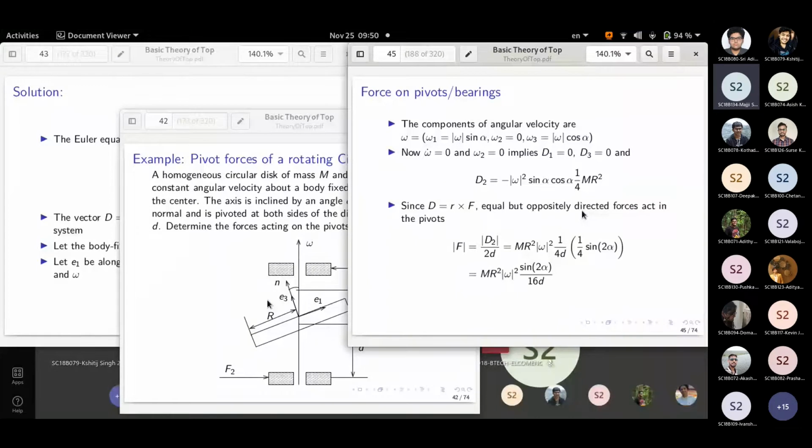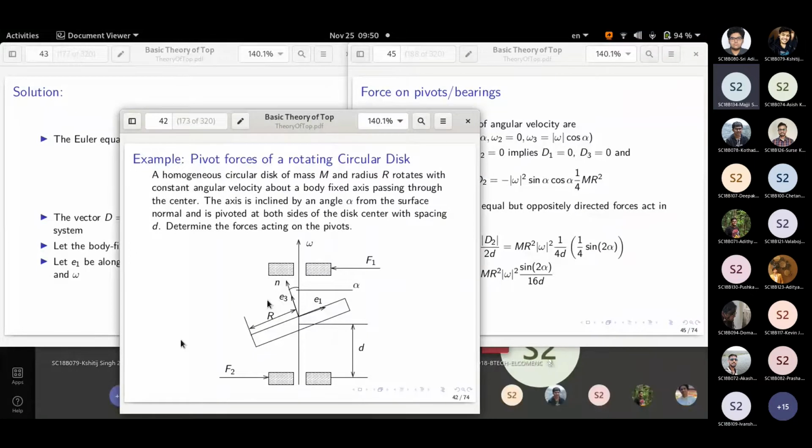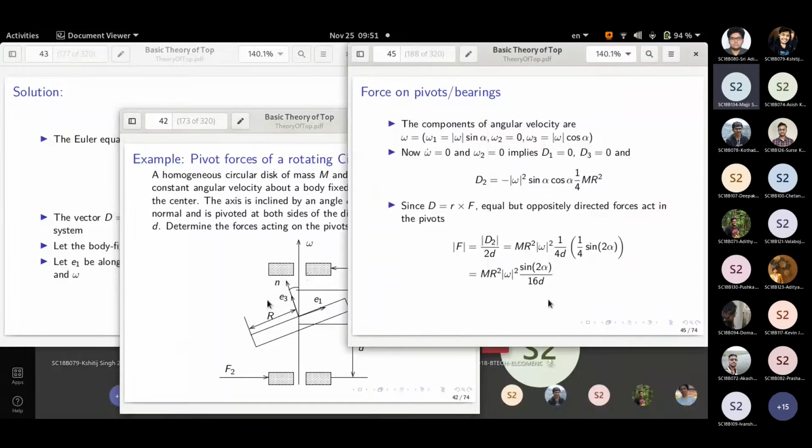Corresponding to that, we can compute the couple forces, because there are two places where it is acting now. Suppose you imagine there is a torque on the E2 axis, then you will notice that it will give rise to a couple on the two bearings, one at the top, one at the bottom. At the bottom, the force is in one direction. At the top, the force is in the other direction. So this couple can be computed as this particular expression.